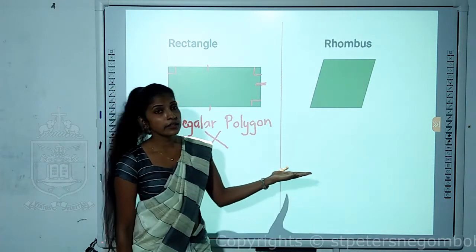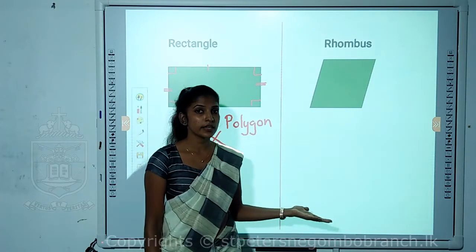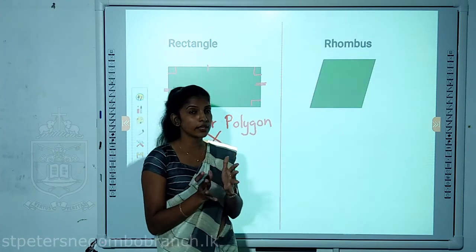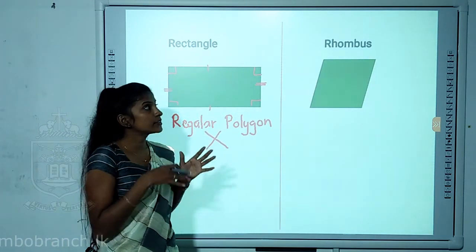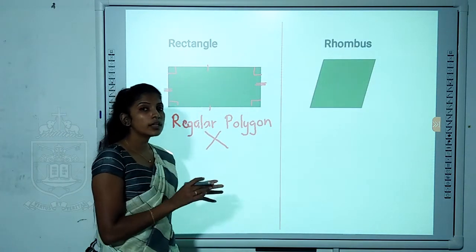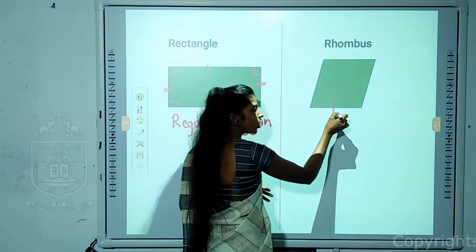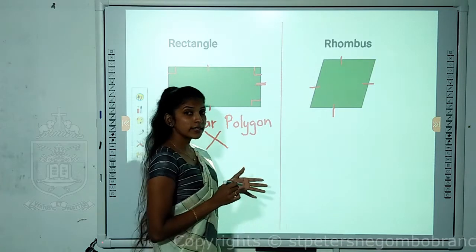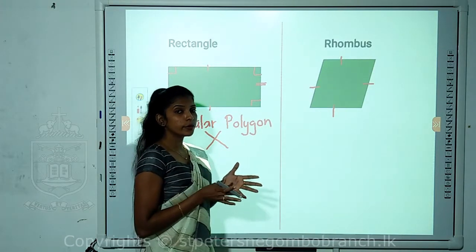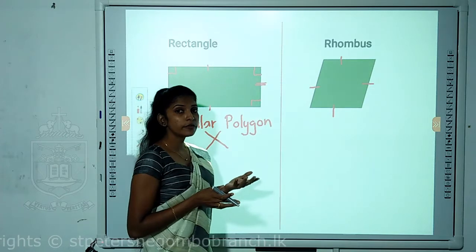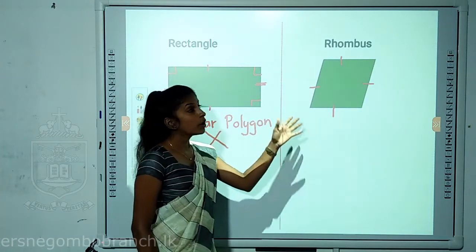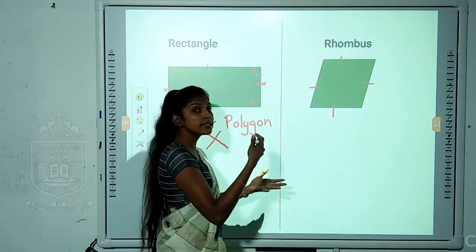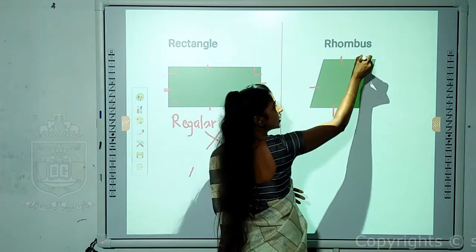Look at the next figure, that's a rhombus. What is a rhombus? Rhombus means it's like a slanted square. Square, all sides are equal. And here also the rhombus, all sides are equal. All 4 sides are equal to each other. But consider the angles. In this square, all 4 angles were having a magnitude of 90 degrees. But in a rhombus, all 4 angles are different to each other. Only opposite angles are equal.